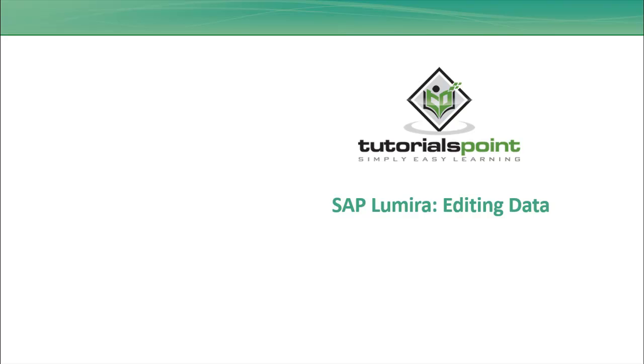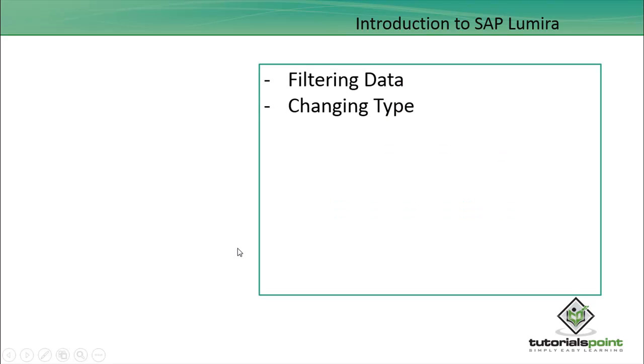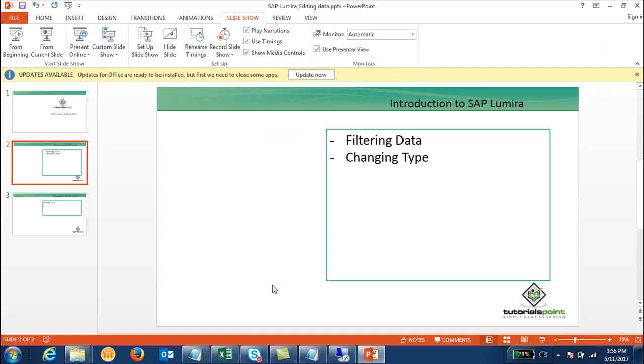In this tutorial, we will see how we can edit the acquired data in SAP Lumira. So once we acquire the data from a data source, the data comes under the prepare room of SAP Lumira. Here we have different options to manipulate that data, like we can do the filtering, we can change the type, we can change the measure to dimension, the dimension to measure. Similarly, we can create the custom calculations as per the requirement. So let's see in SAP Lumira tool how we can do that.